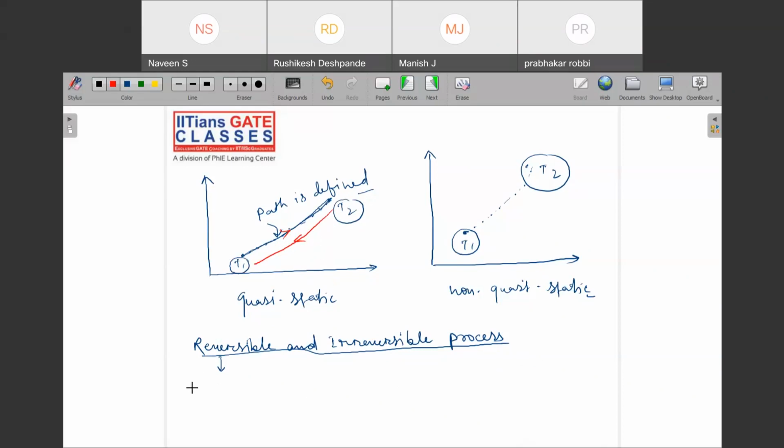Because whenever we are analyzing any system, we define our system and surroundings. So when you are traveling back, when you are reversing your path, and if there is no net effect on the surrounding,